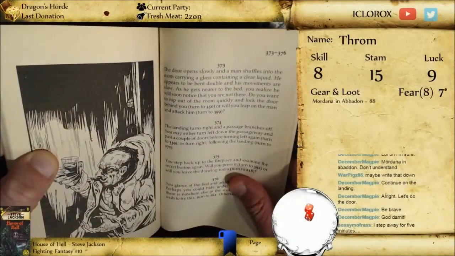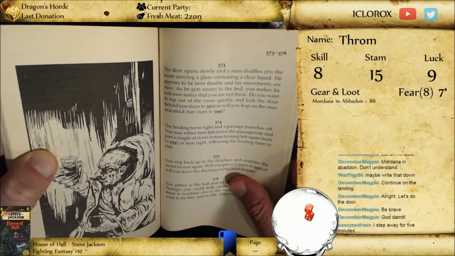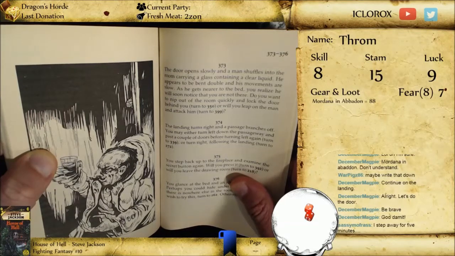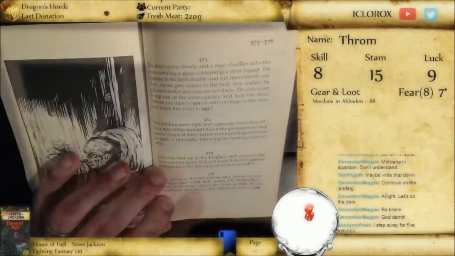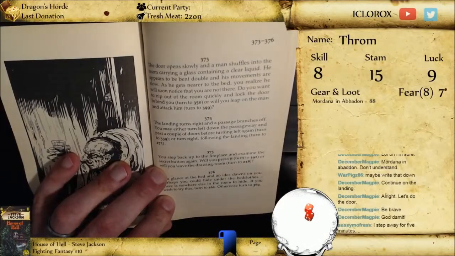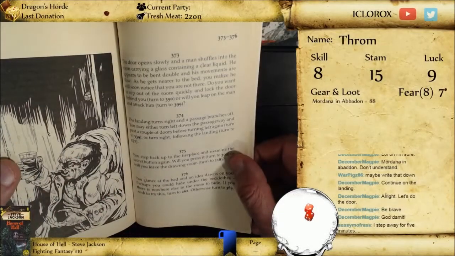Officially. The landing turns right and a passage branches off. You may either turn left down the passageway, past a couple of doors before turning left again, or turn right following the landing. Right, you want to go left or right is really what it comes down to. Couple doors or continue to follow the landing. I think, you know, doors are...